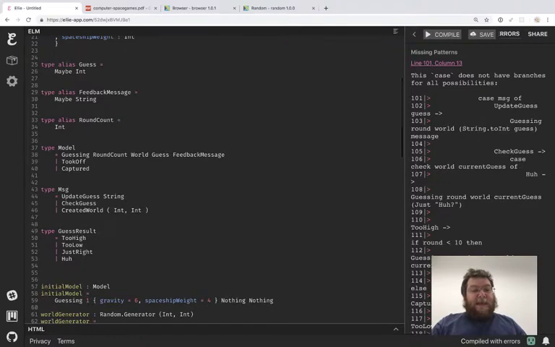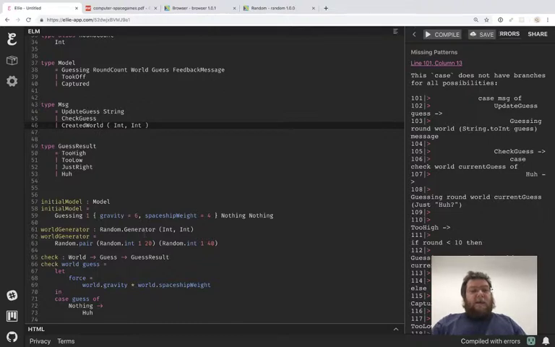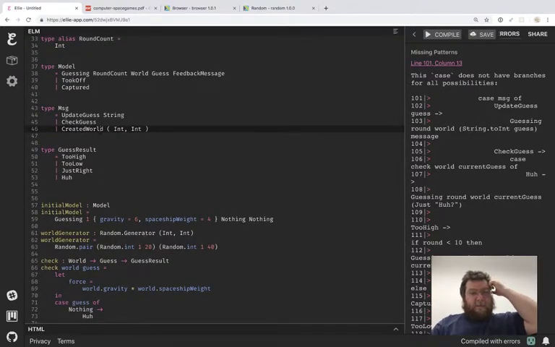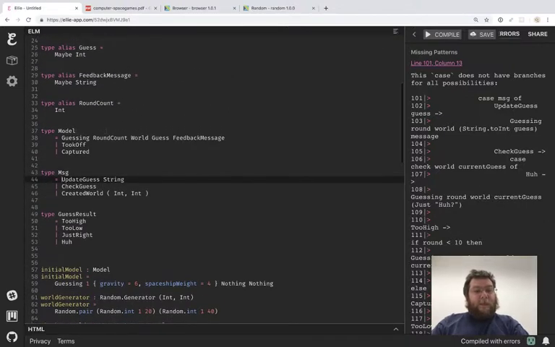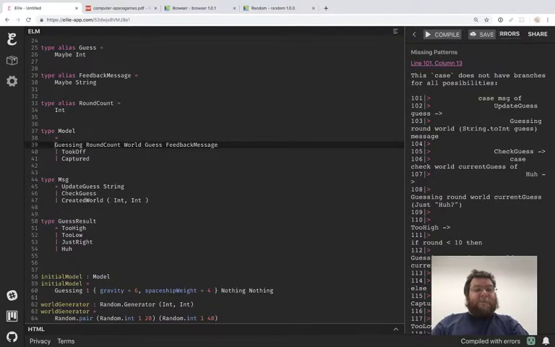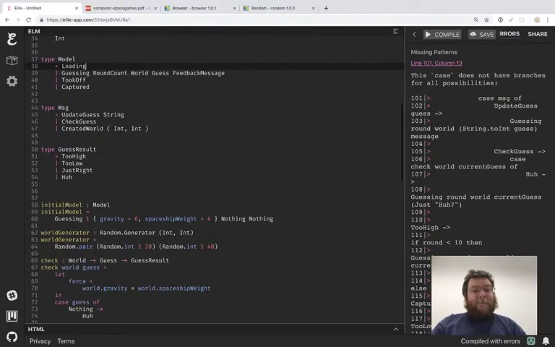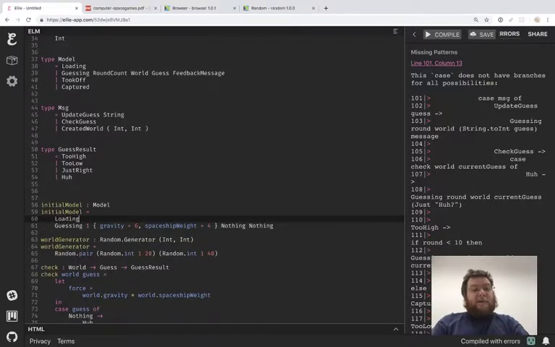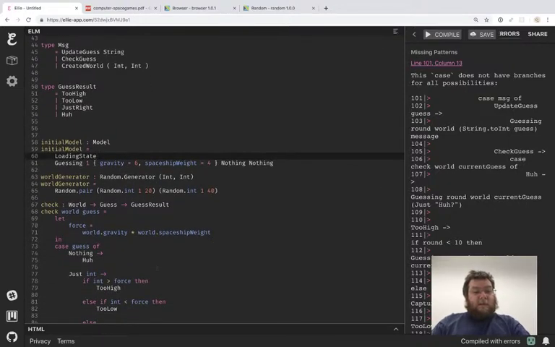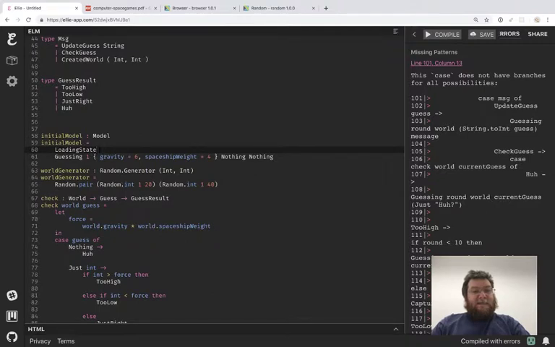So this is saying that we're not handling the created world message, and we're not. So we want another state here, which is before we've started. Give it a loading state. And our initial model, in which case, is now a loading state. And when we receive created world,